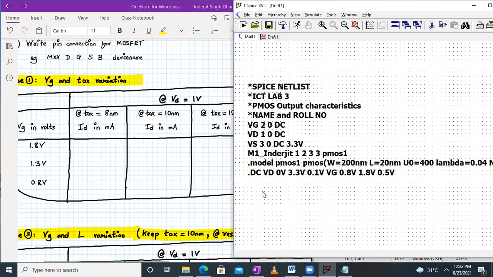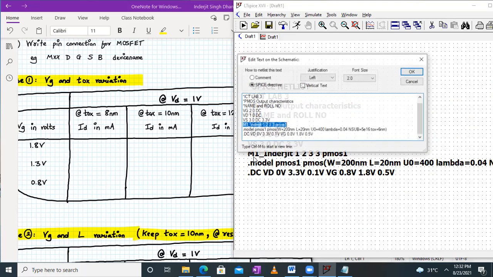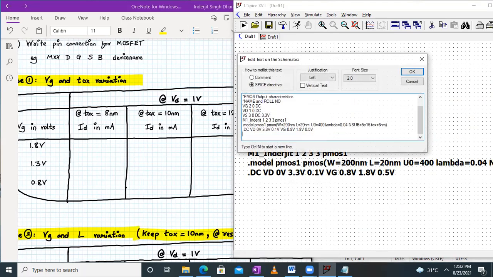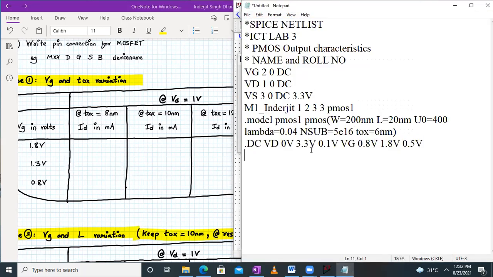So what we will do is we'll again right click over here and add one more statement. That statement is .measure. Let me go over here and write that statement. So it will be .measure. Now using this statement, it will directly estimate the value of the drain current at a particular value of the drain voltage. So we will write .measure DC. Now we can give a dummy name of ID1 for the variable name. And then we have to find the drain current.